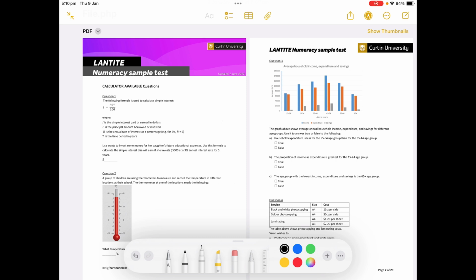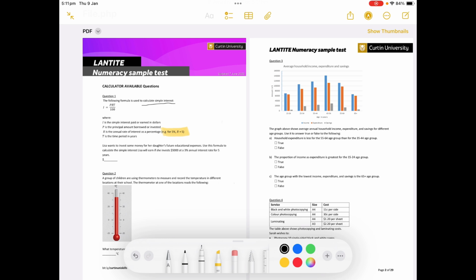Now, first question. Alright, we are going to be calculating simple interest using the formula that they have provided. I is the interest, P is the principal amount borrowed, R is the rate, and we should be paying attention to the fact that they're expressing rate like this. So if the rate is 5% interest, then we are going to put it in the formula as the number 5. Right. T is time period. So in this question,